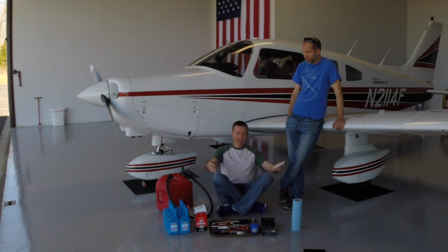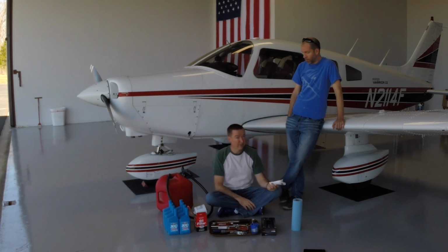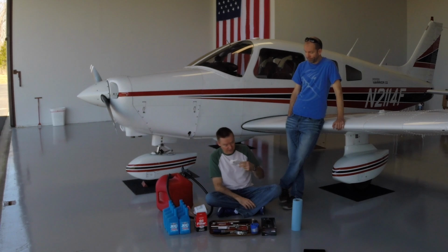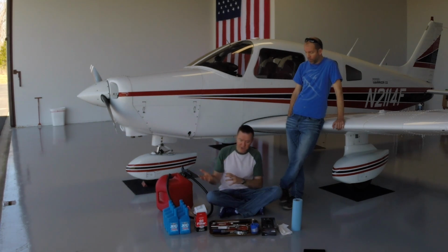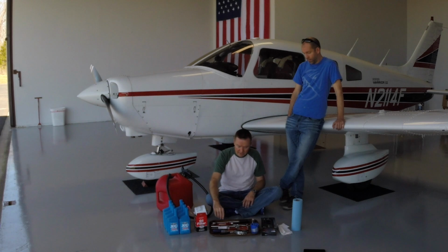We're just going to lay this out and let the oil drain into that from the old filter. Right. And that just keeps the whole engine compartment nice and clean. And then finally, once we get the oil changed, the old filter taken off, the new one put on, safety wired in place,